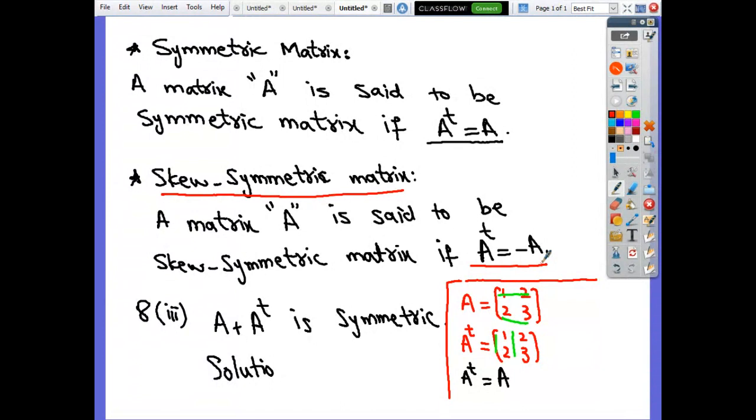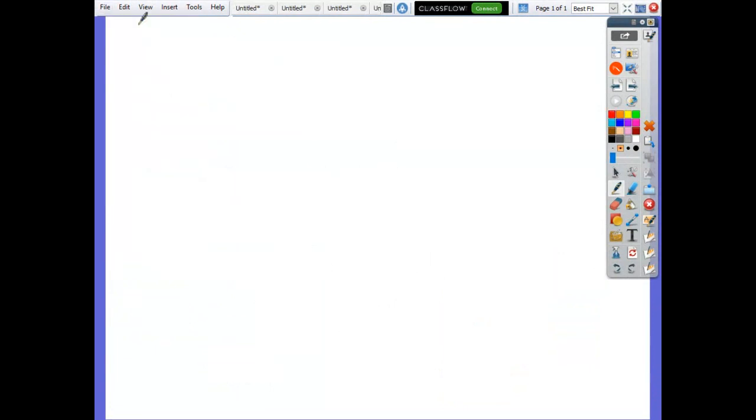Okay? Now we come across the next exercise: how we multiply two matrices. In the previous lecture, we studied how we add two matrices and about the transpose of a matrix. Now here we study how two matrices are multiplied with each other. It's a multiplication of matrices, or simply we call it the product of two matrices.